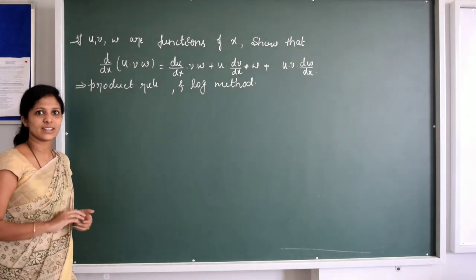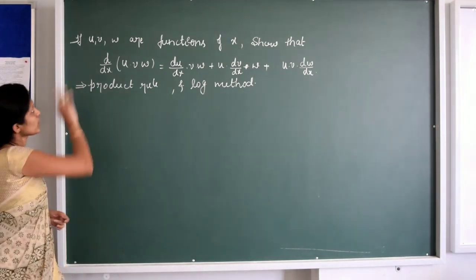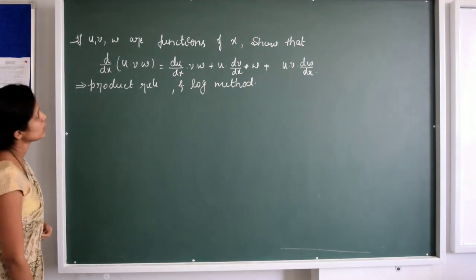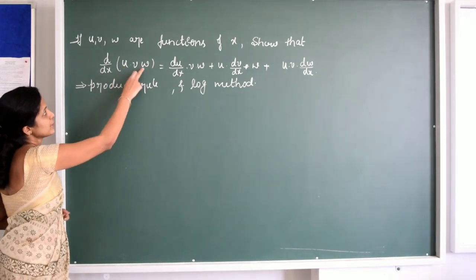Only the exercise, not in the chapter. Okay? And this is not important, but we'll see this. What is given? If u, v, w are functions of x, show that the derivative of u v w is equal to